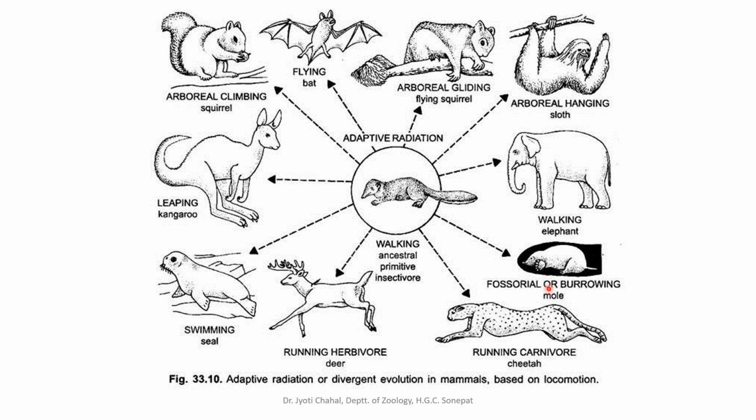Moles, forelimbs and hind limbs are very much adapted for burrowing. They can dig a burrow with the help of their limbs because they are having claws at the tip of their toes, so they will help in burrowing the ground.